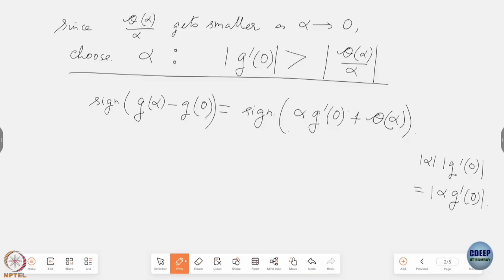I mean, you have, say, a number such as 5 and another number whose magnitude is less than 5. Whether you subtract the second number from the first number or add to it, does it change the sign of the overall result? If this is minus 5, whether you add 3 to it or subtract 3 from it, it still remains negative. If it's plus 5, same thing, whether you add 3 to it or subtract 3 from it, it still remains positive. So the signum of this is actually the same as the signum of just the first term, right?